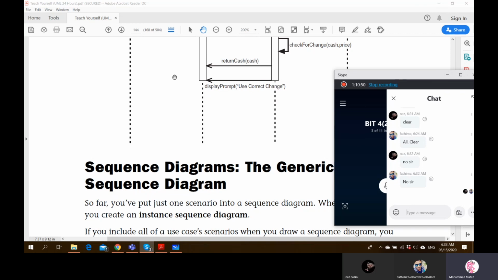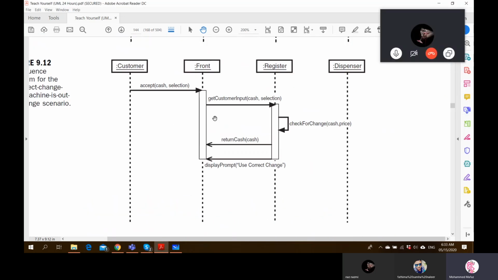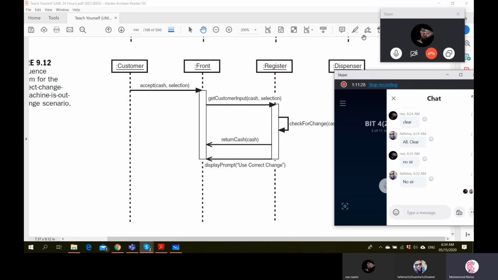And the dashed arrow is to indicate optional return values, return messages, things like that. Right? And also you can see the sequence diagram gives the idea of who is talking to each other. So from here, in any case, the customer is not going to talk to the dispenser. The customer is not going to talk to the register, right? All are happening through the operations of other objects. Another point to note is, if you want to draw a sequence diagram, you should have a proper class diagram with all the functions defined. Right? So that's all.